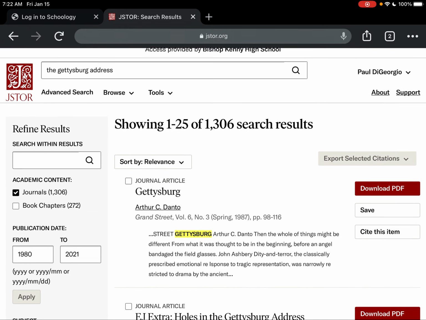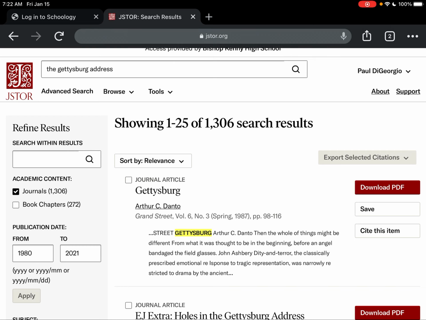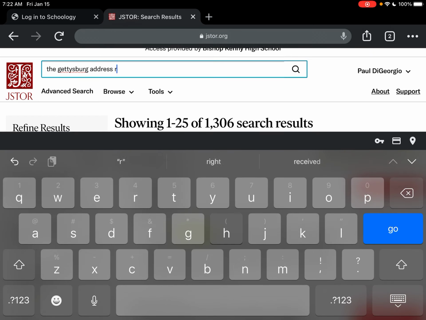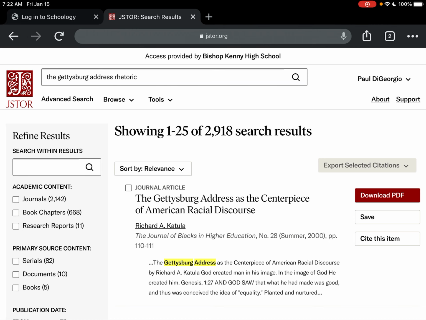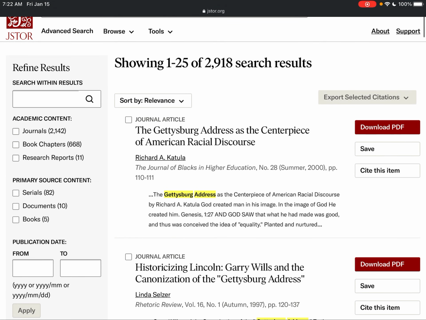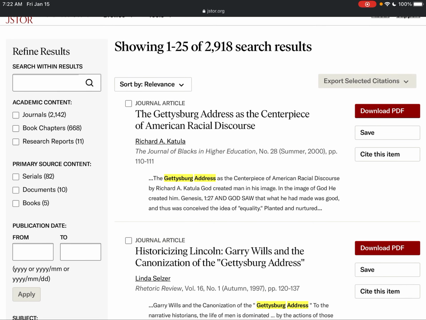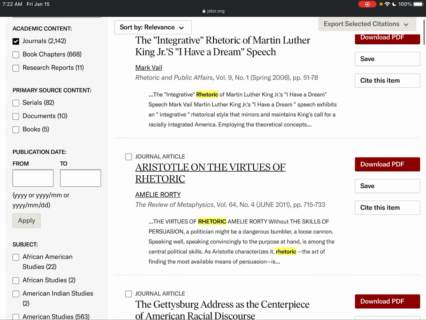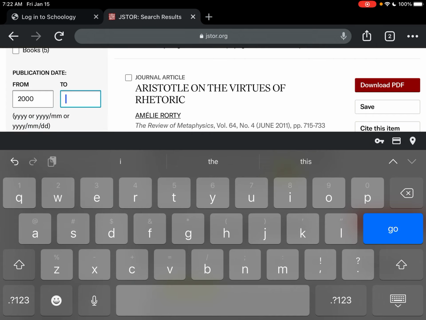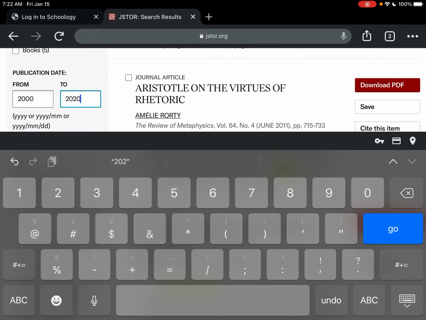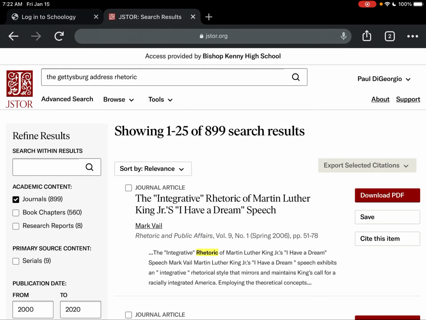As you can see, it's still quite a lot, but all I typed in was Gettysburg Address. So if I was looking for something more specific, let's say the rhetoric in the Gettysburg Address, I could simply plug that in right there. And right out of the gate, you see that I'm starting with 2,918. And notice that on the left here, all of my results that I've narrowed down or refined have been reset. Okay, so I could go from 2,918 to 2,142 by clicking my journal toggle. I could again narrow down the years within which we are searching, just as we did moments ago. Make sure you click apply. Brings us to